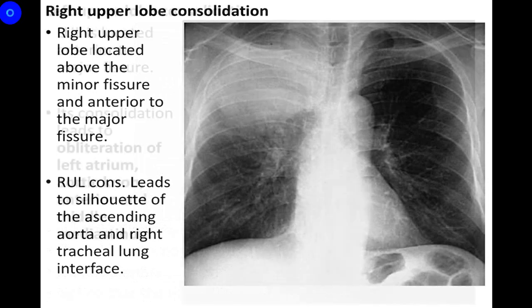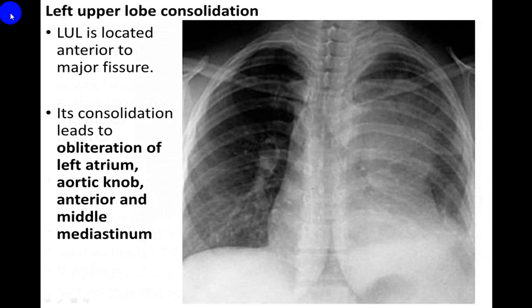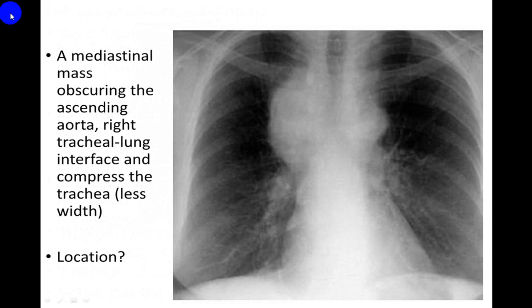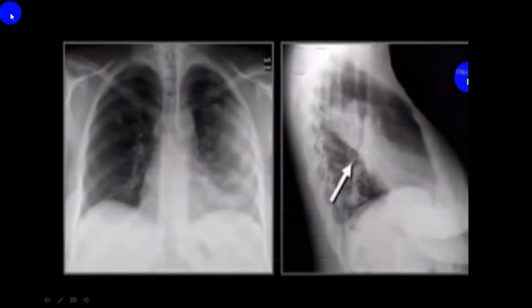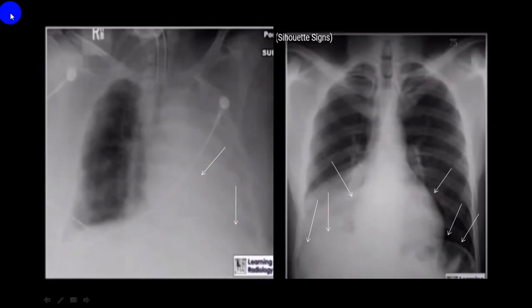This is a right upper lobe collapse. This is a left upper lobe collapse. This is a paratracheal mass on the right side. On this side, you can see on the left side there is a Silhouette sign. So this is a left middle lobe or lingular lobe you can call, which you will be able to identify in a lateral view. This is a left side homogeneous opacity, and trachea is a little towards the left side. So this is most likely to be collapse.